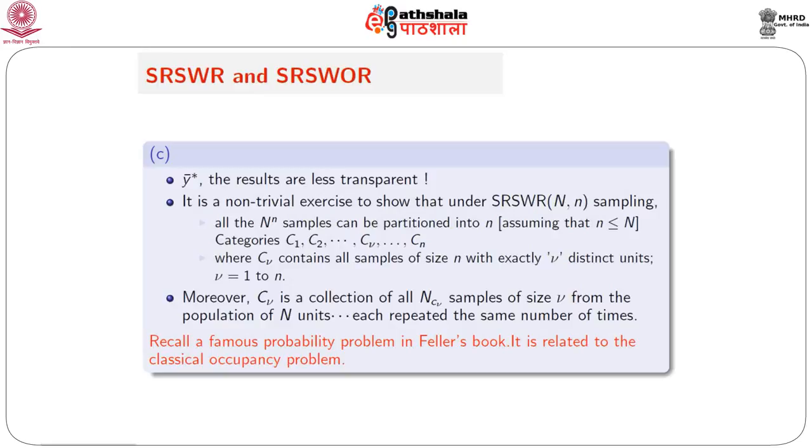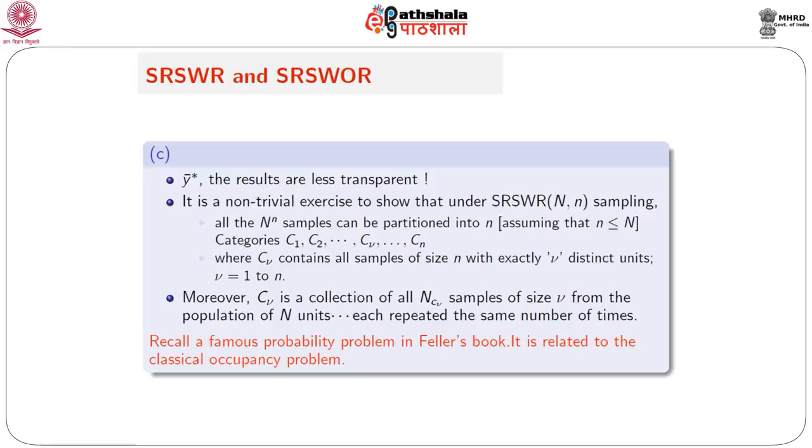So this is our first observation: in the context of with replacement sampling, we know the sample space has capital N to the power small n samples, and those samples can be partitioned into small n categories, and the nu-th category contains samples which are of size little n, but each of these samples has exactly nu distinctive units built in it. Moreover, it can also be shown that this C nu is